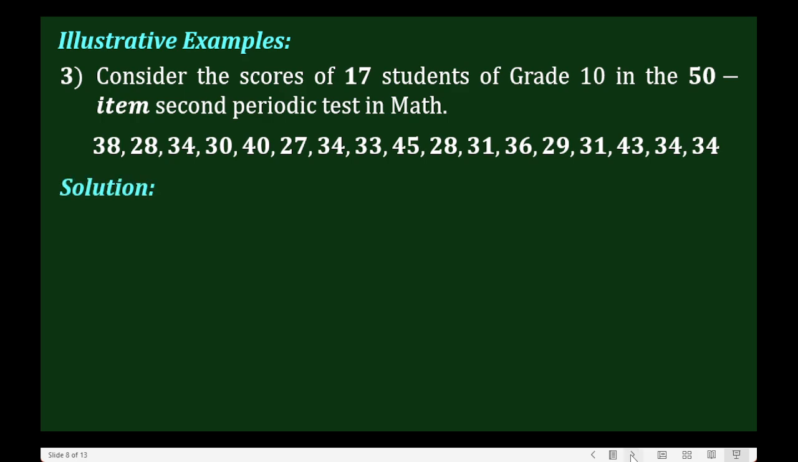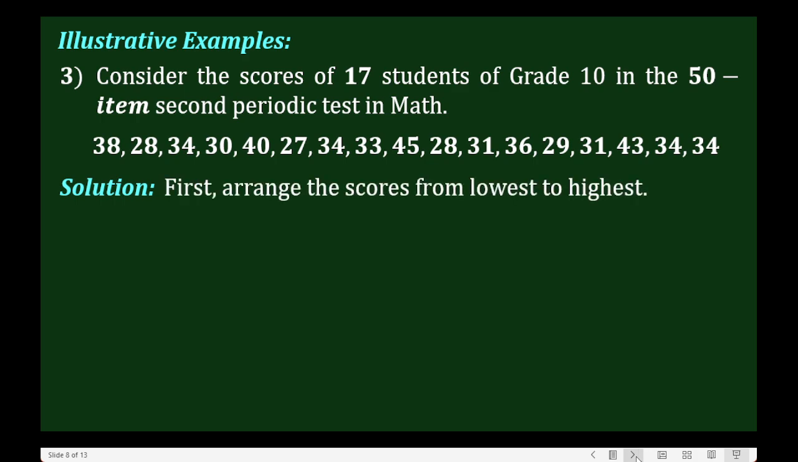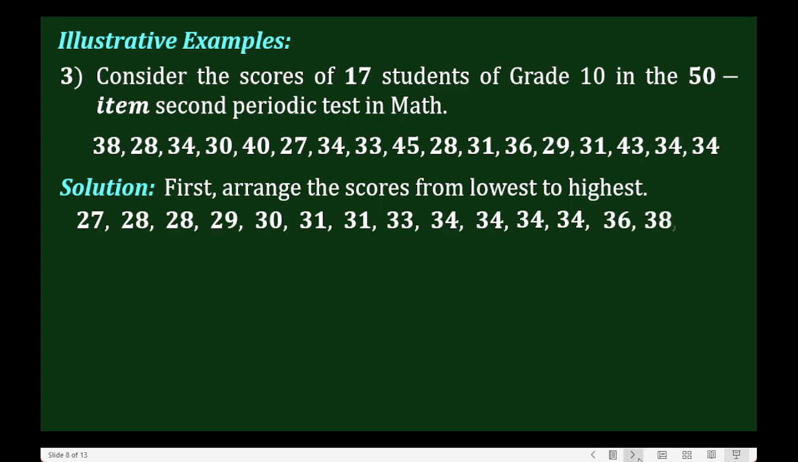Now, for our solution, first thing we need to do is arrange this set of data from its smallest, from its least to the greatest value. And we have now the sorted set of data. So the least value is 27 and the greatest value is 45. And since there are 17 data, we take